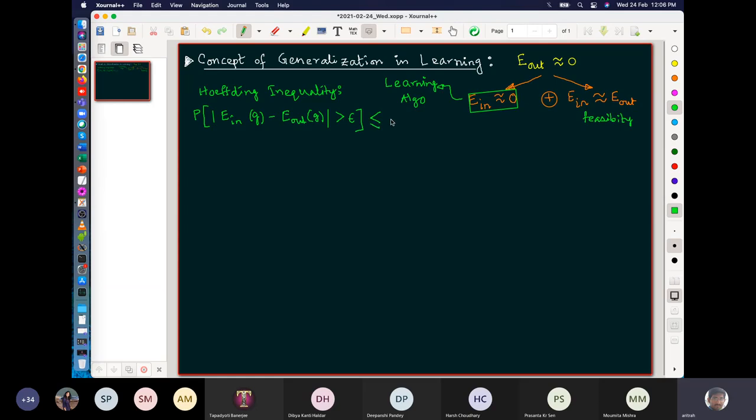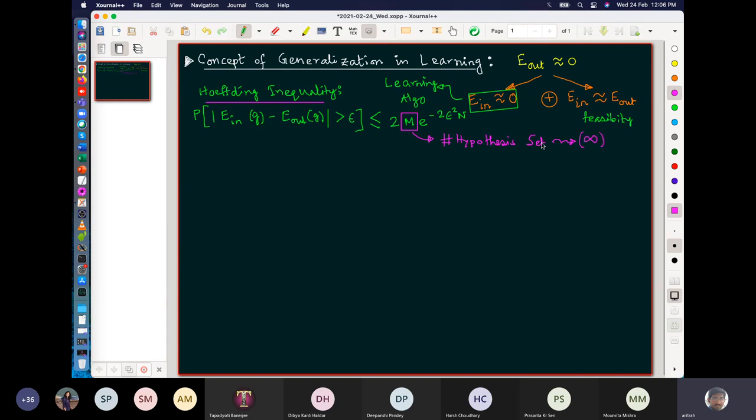But the Hoeffding inequality suffers from a drawback: it has a very large factor M in the picture, which is the primary hindrance in generalization, because this is the size of the hypothesis set,